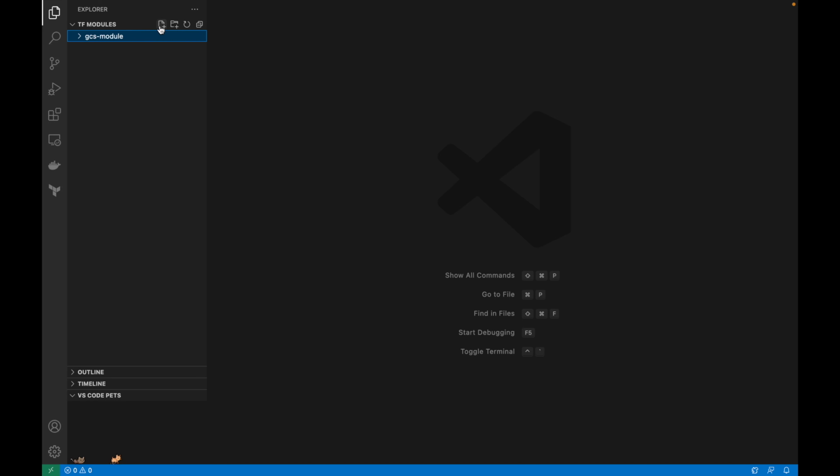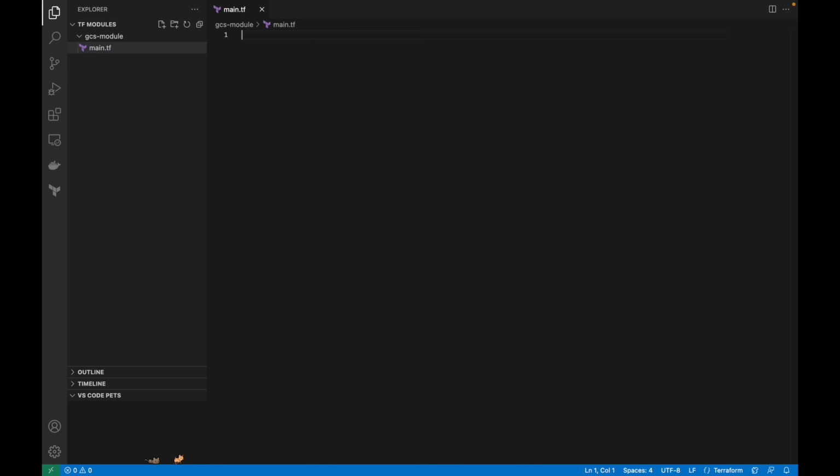In here, I'm going to have a Terraform configuration file. Okay, so we are going to use this module to create a bucket in the Google Cloud